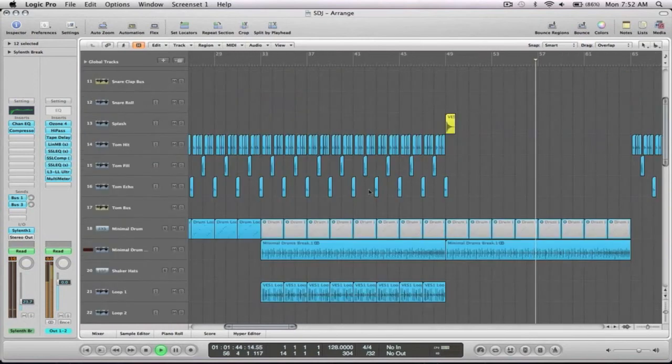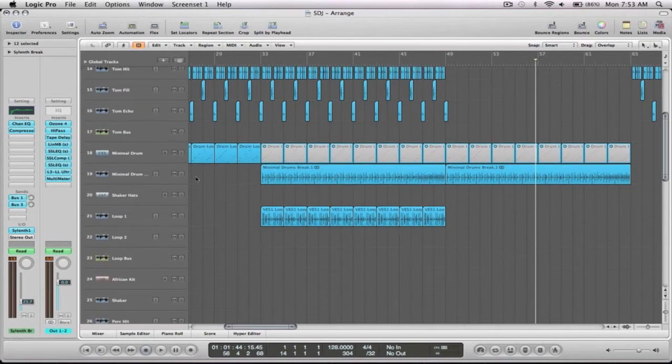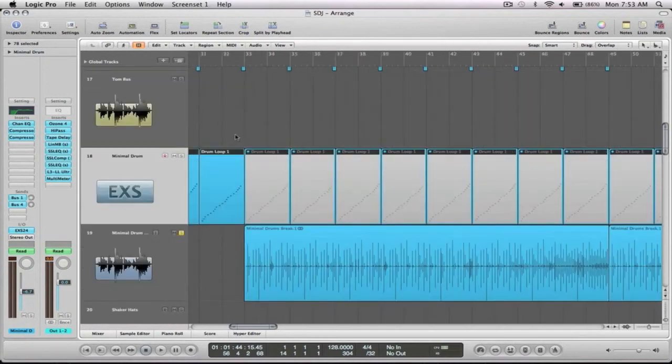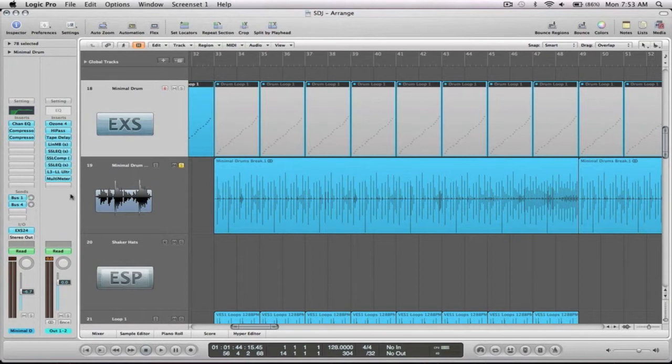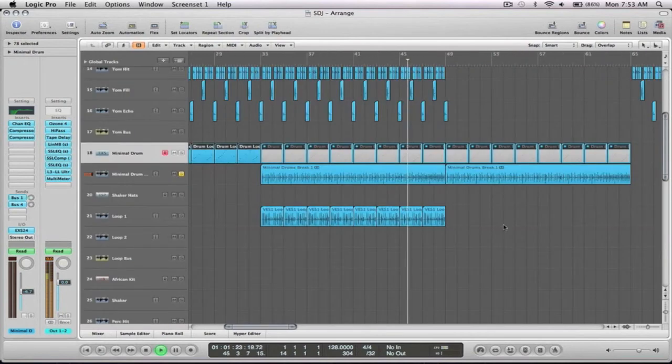and some other little effects that I've done is for the minimal drum loop, the MIDI loop that I've got, I sent that to the, I think it was the number 2 bus, which has the delay on it, and then bounced that down to audio, so you can hear it starting to build,